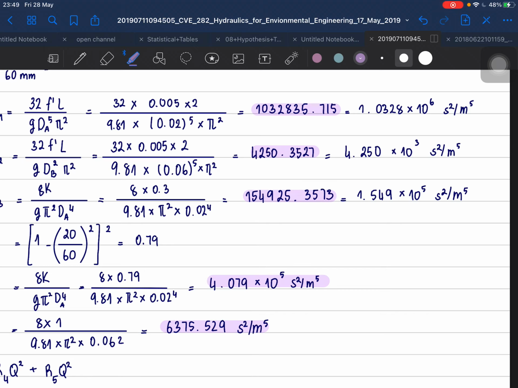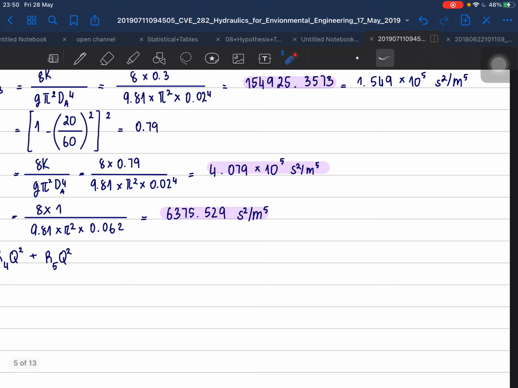103285.715 plus with 4250.3527 plus 154925.3573 plus 4079. Guys, please help me. How much is this? Wait, that's right. Okay, it's 2 more 0 plus 6375.529. The answer is